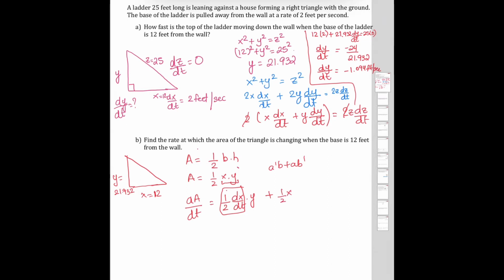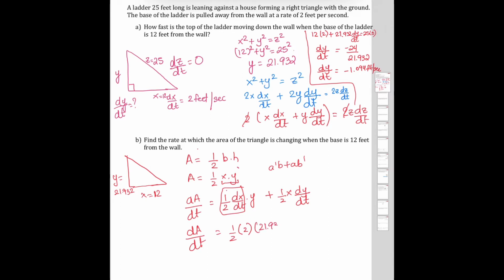Plus a is 1/2 x times the derivative of y is 1, but I'm going to do dy/dt, right? So all I need to do now is substitute everything in. dA/dt equals 1/2 dx/dt is, what did we get for dx/dt? It is 2